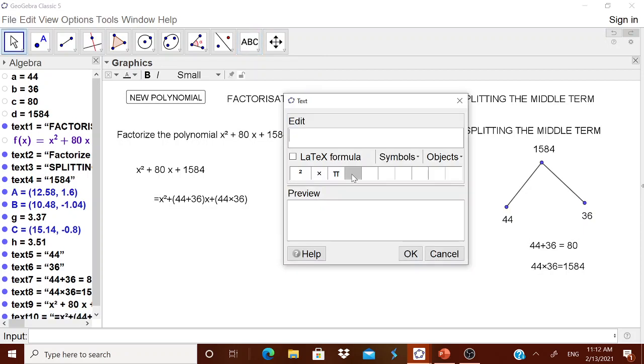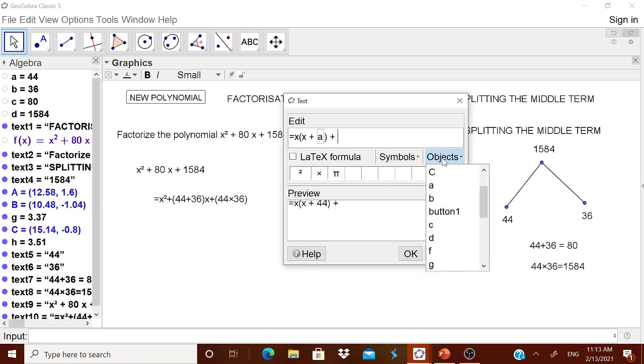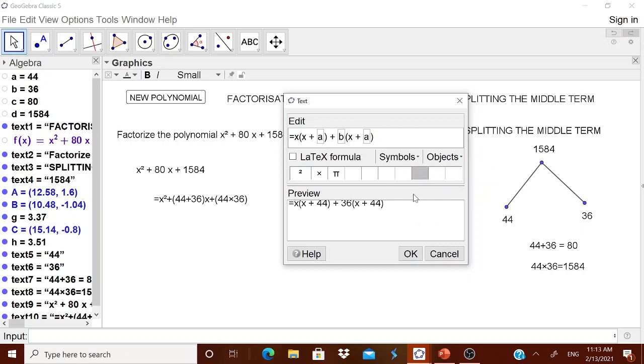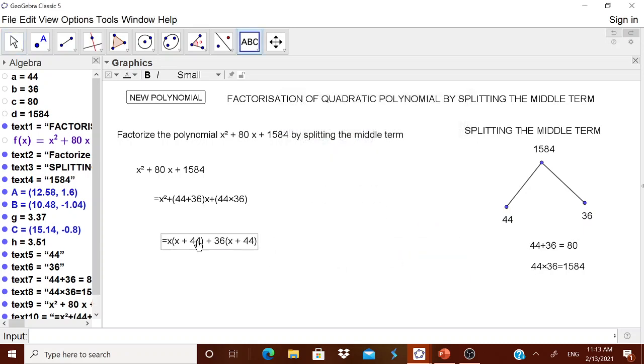Now you can take the things outside. Therefore is equal to x multiplied by x plus A, and if you want to have space you can give space. If you want to show it in a highly interesting way, then here you can have A, then plus, then here you can have B multiplied by x plus A. If you want, you can have one more term also here.